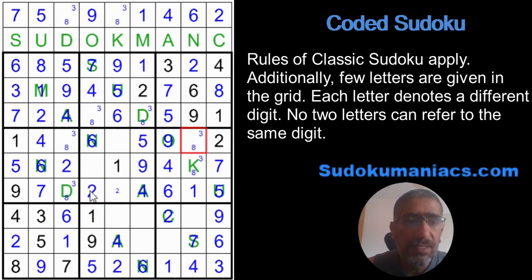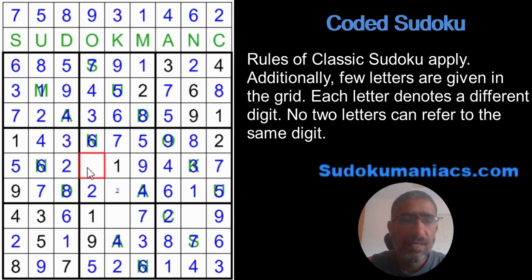This is again a 3-8, 7. This is again a 3-8 and a 3-8. But I already have a 3 in column 7, so this is an 8 with a 3. So now I know for sure D is an 8, so K has to be a 3. Oh, sorry, 8, 3, 8, 3, and this is the final 5. That's right, the system says the solution is correct.